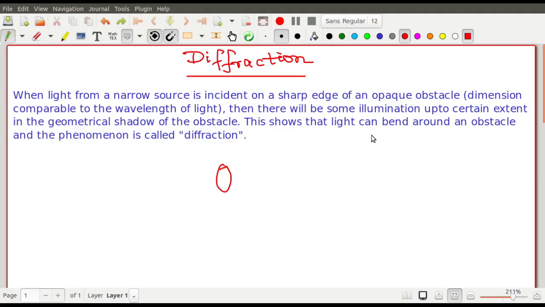So the basic point is that both effects are to be taken care of while explaining diffraction, that is the non-uniform distribution outside the shadow region and the entry of light within the shadow region. So both are to be discussed with proper care. Now come to the definition. According to Huygens,